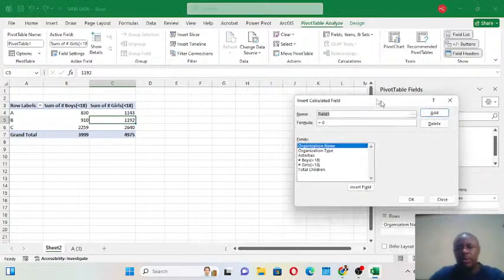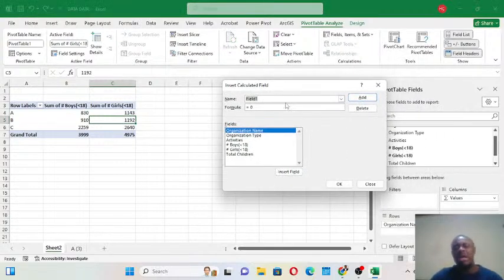Now, the reason I went there is because I want us to do a small calculation. This calculation in Power BI is called DAX, but I want us to do a very basic calculation here in our pivot tables. What we want to find out now from our pivot tables is the total number of children, which is boys plus girls, right? So once I go through this process, it says Field 1. I'll select and change this name. I want to put this name as total